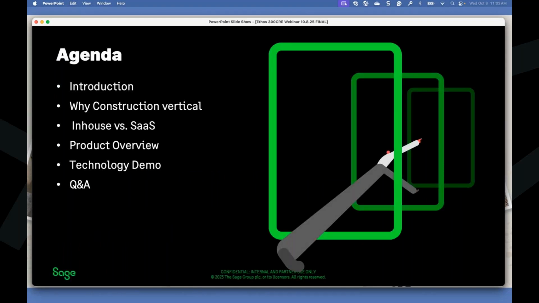Here's a quick agenda of what we're going to talk through today. So I want to give an introduction to Sage Payroll powered by ADP. If you've used ADP in the past, or if you haven't, keep an open mind, because there are a lot of changes specifically in the construction vertical that we're going to hit on. So that parlays into the second piece of the agenda. And then the third, a lot of misconceptions or maybe bad information of what in-house payroll versus a SaaS model looks like. That's software as a service. High-level overview of the product. So it is a lot more than just payroll.